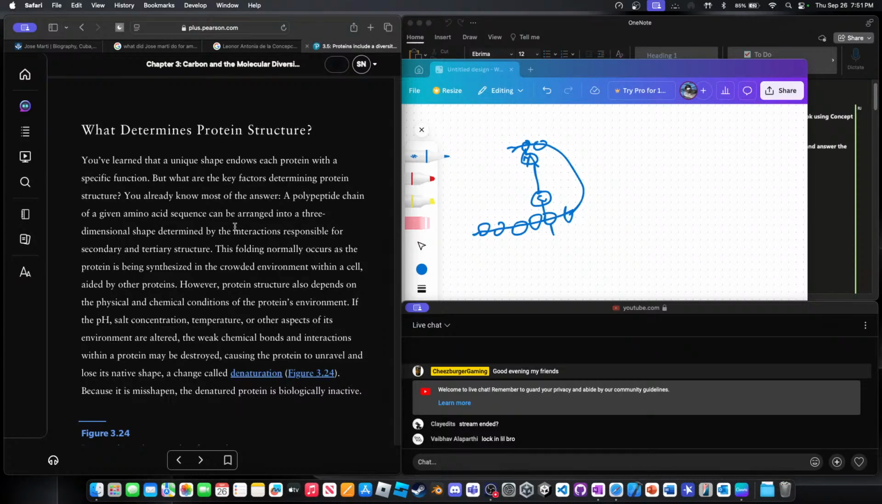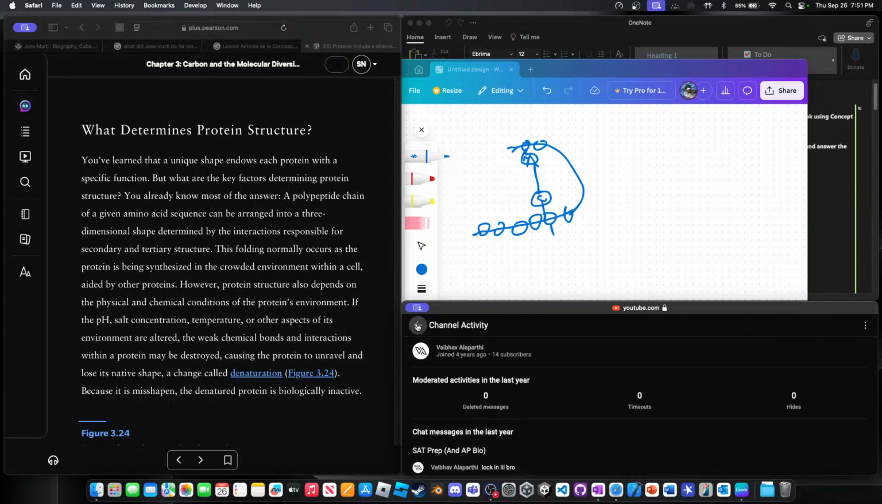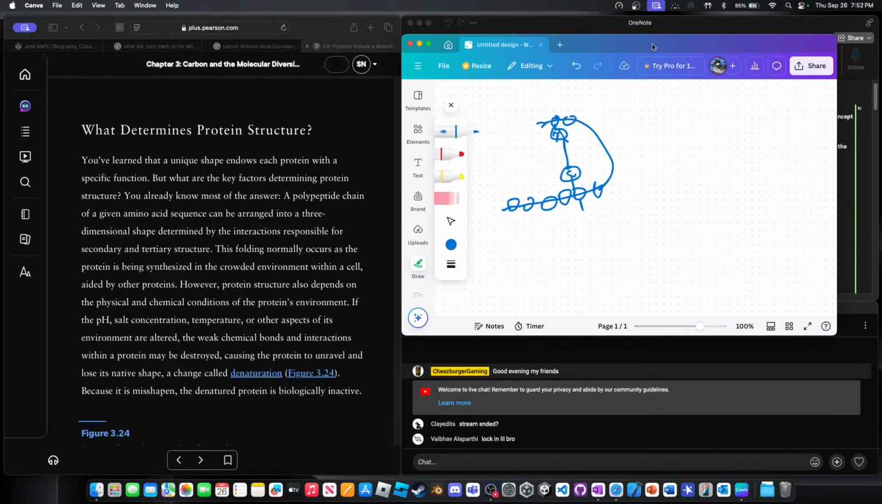A polypeptide chain of a little bro. What? Unless you're older than me, you can't be calling me little bro. Or if you're some genius or something. But anyways,